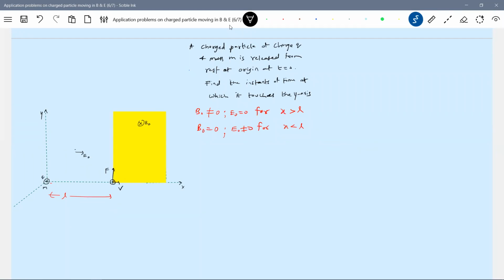Because of this, how will the particle move? It's going to move in a semicircle. Yeah, it will be like this. Now it will emerge with a velocity v naught. I'll choose some red color.